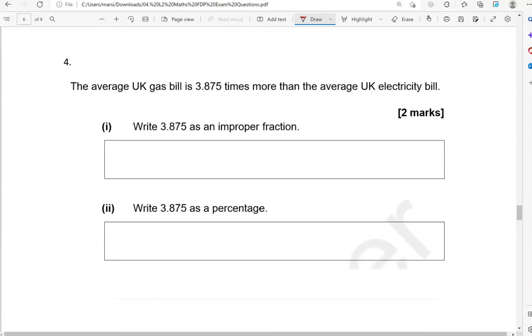The average UK gas bill is 3.875 times more than the average UK electricity bill. Write 3.875 as an improper fraction. So that 3 point, that tells me that whole number is 3. So it's 3 and a fraction. And then we have